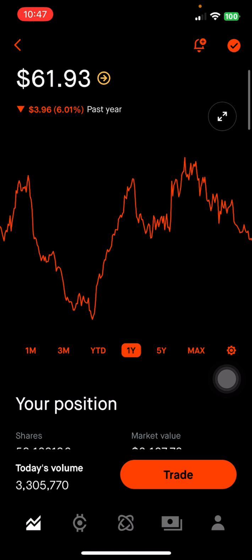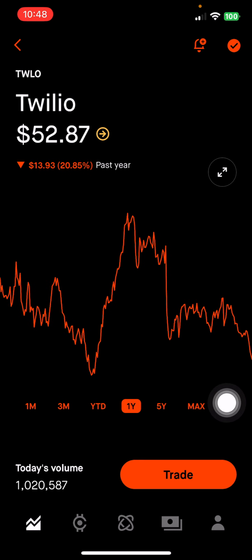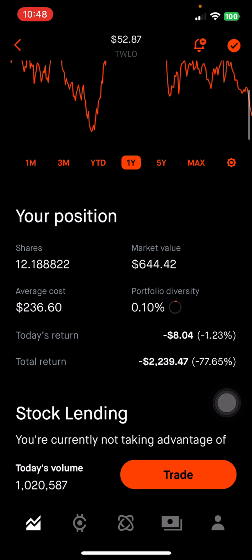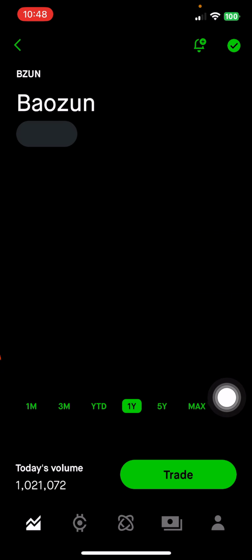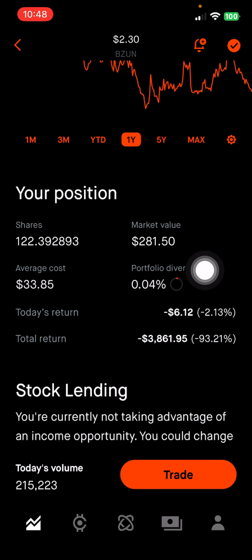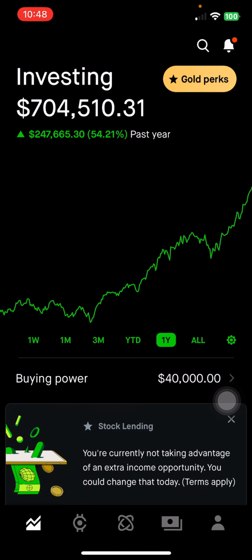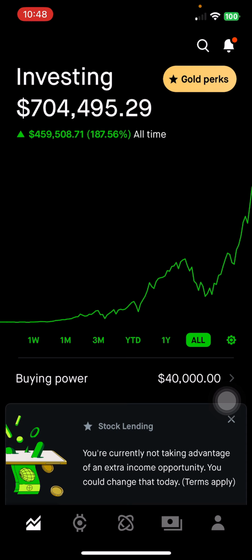Block or Square. This makes up 0.47% portfolio or $3,100, down 61% on this position. Twilio, another communication service, makes up 0.1% portfolio or $644, down 77% on this position. Last but not least is Baozun, which is a Shopify of China, makes up 0.04% portfolio or $281. This is down 93%. So the last couple positions were down, but overall I am up with an all-time of